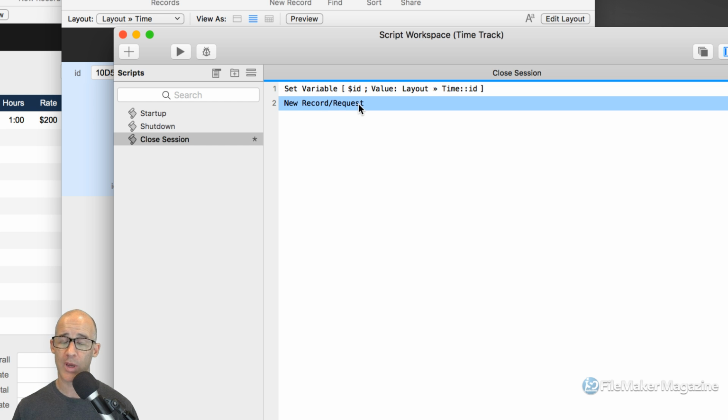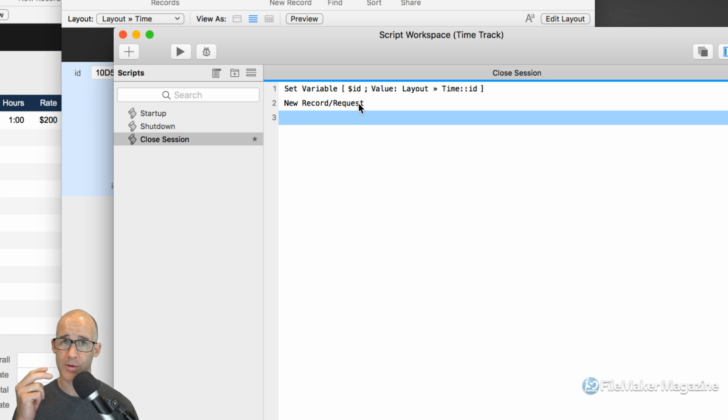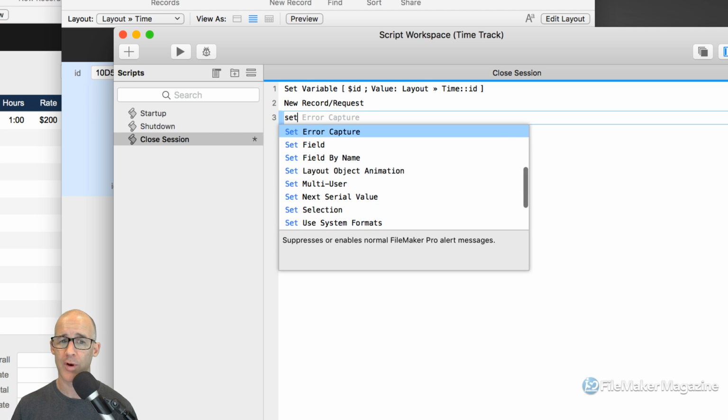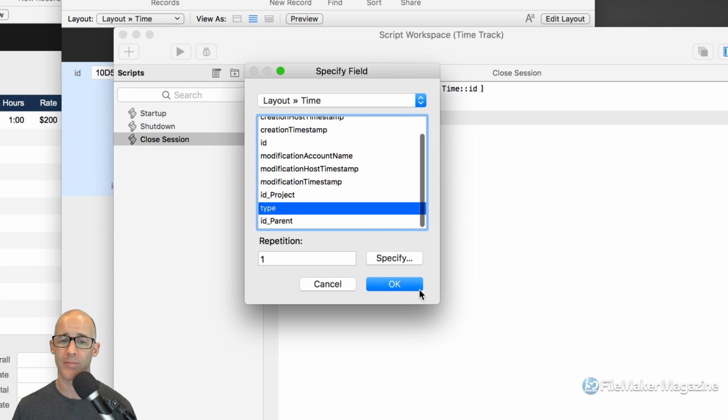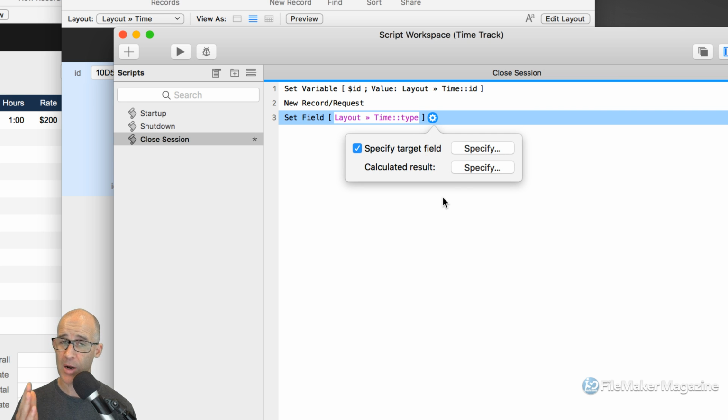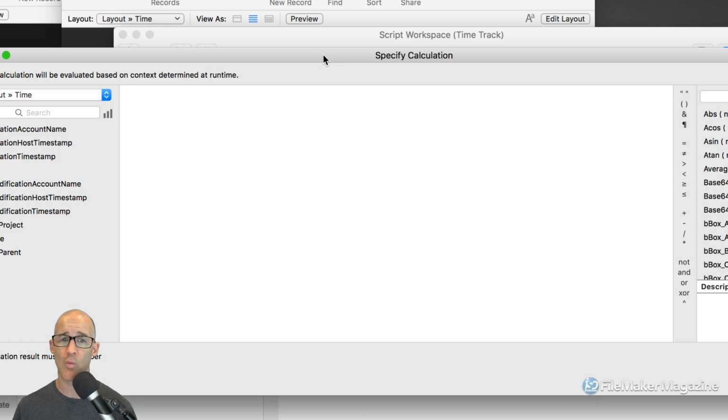We create our new record request, which is going to be our close. And now what we need to do is those two things. We need to set our ID into the parent, and we also need to change the record type. It's not an open event. Remember, our auto-enter on our type is defaulting to any new record that's created is considered an open record. So we now have to tell this record you're going to be a close record. So we're going to use a set field, and we're going to set the field of the type. It will have already been auto-entered and be a 0,